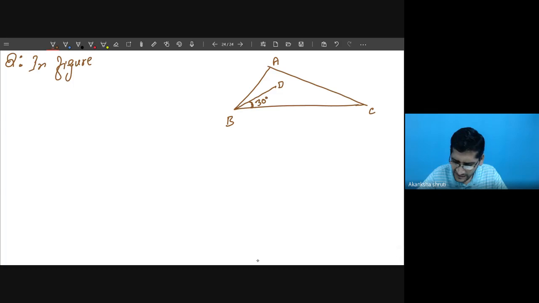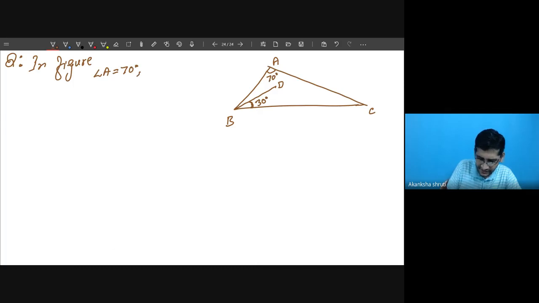And this angle as 70 degrees. Right in the figure, 70 degrees may be given as the angle A also. If you have any doubt, we can take angle A as 70. You are free to choose any one, and it depends on the question how it is given. So in the figure, angle A is 70 degrees.